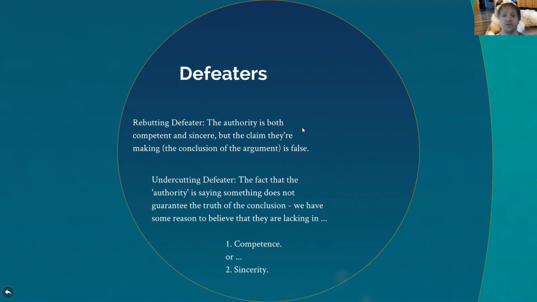And so when we search for defeaters, especially in the undercutting case, we really need to think about the ways in which the competence and sincerity of the purported authority might be important for assessing the argument overall. Okay, so